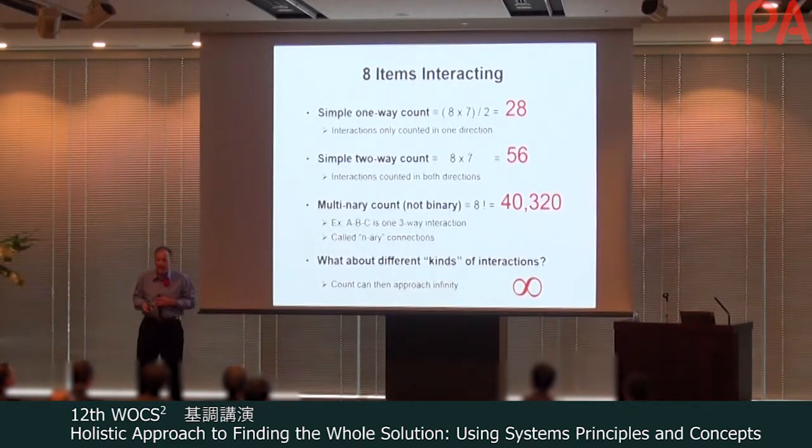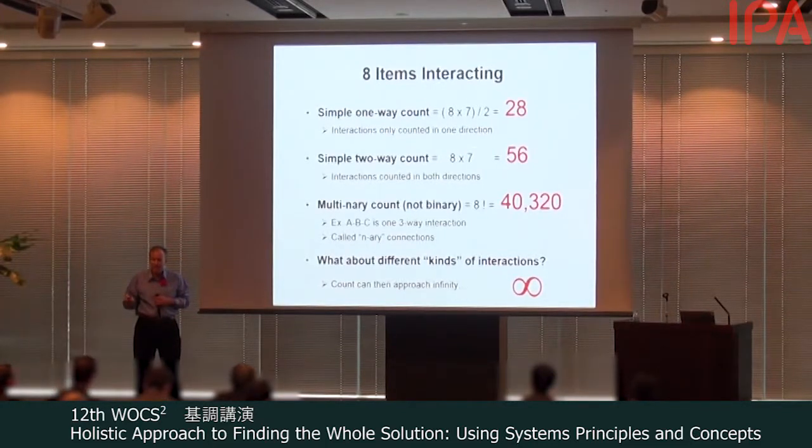But if there's different kinds of interactions, then that number approaches infinity. So the more parts we have, the more interactions, the more difficult it is to understand how the system behaves, and does it behave properly. So we need to understand it's more than just binary interactions. There may be multi-binary, n-ary interactions. And a lot of our modeling tools and techniques are limited to binary connection building. So our thinking is limited by the tools we use. A lot of our modeling tools have not advanced to taking a more holistic perspective that allow us to analyze the complex interaction of our systems.